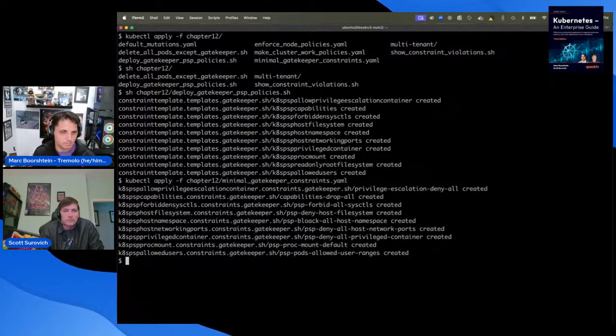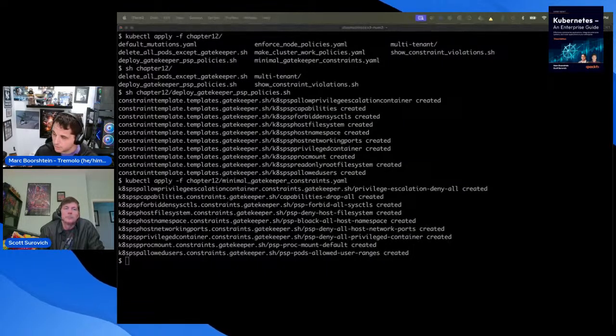So this is where the big difference between OPA and Gatekeeper comes in. OPA is just an admission controller, right? If you've got something that snuck by, maybe you hadn't deployed OPA yet, you hadn't deployed a policy yet, or even you've got your admission controller configured to fail open, right? Eventual consistency, except when it comes to admission controller webhooks. OPA is not going to help you. Whereas with Gatekeeper, you can monitor your constraints and see if there is anything running that is violating it, right?